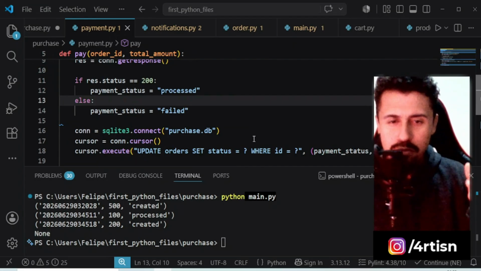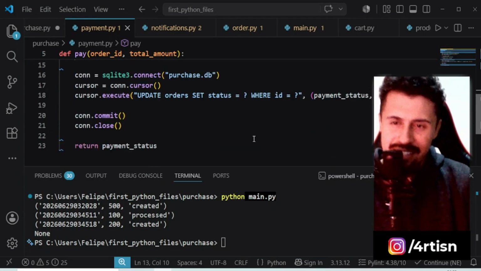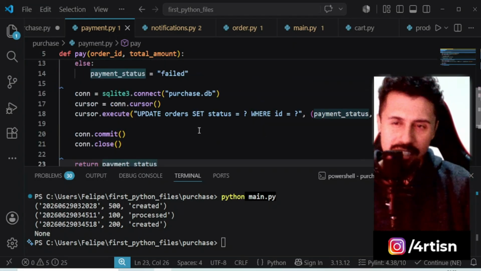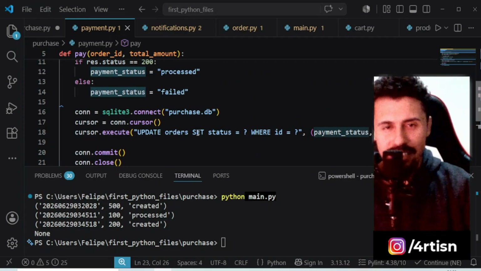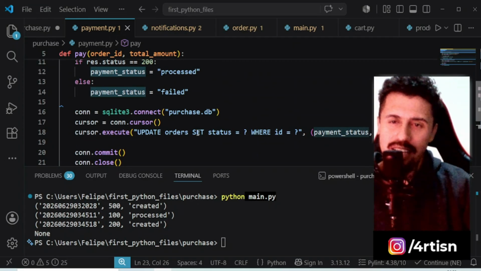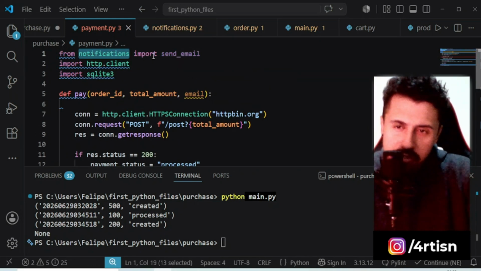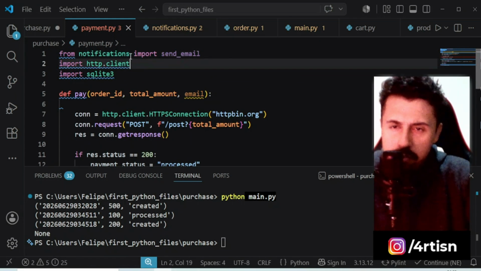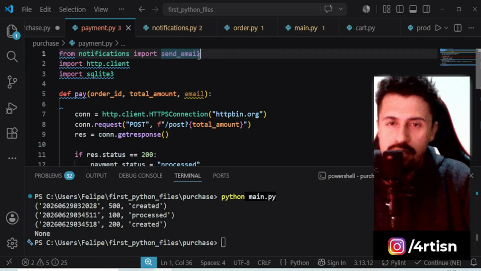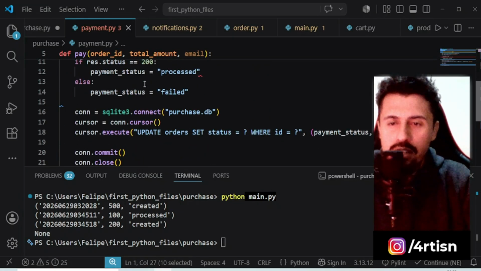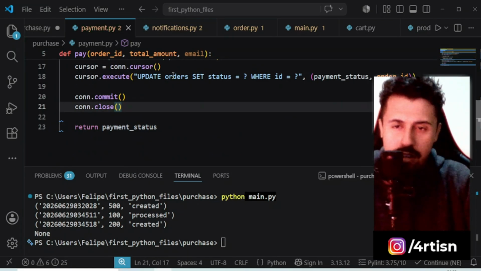But now let's move on to our last step of implementation here. That is sending the email. So you remember that we have imported the notifications module. In fact, we have imported from the notifications module the send email function. So after all of this, we need to